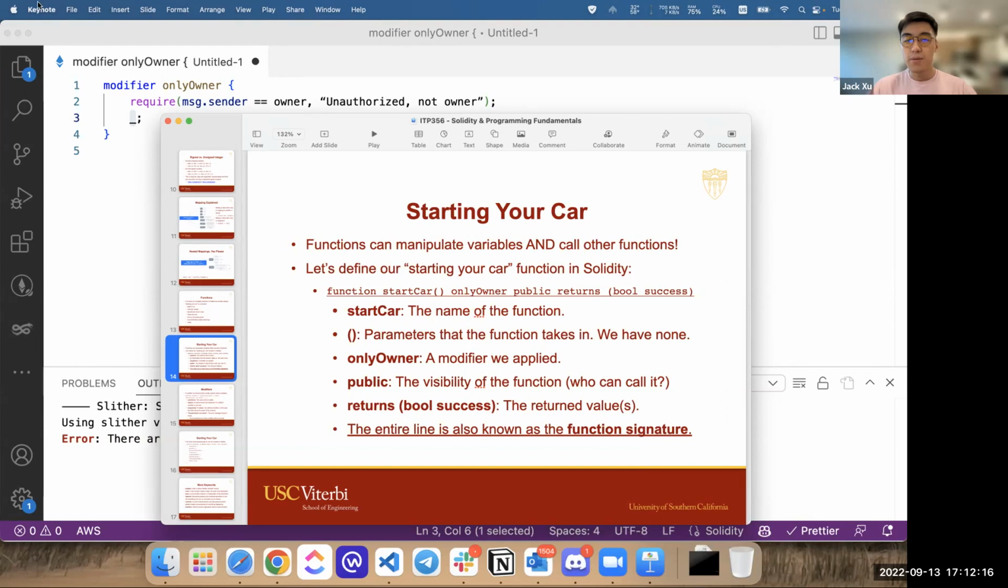So public is more or less about visibility, basically who can see it to begin with. If you have it as internal or private, then no human will ever be able to call it because they can't see it to begin with. They're not allowed to call it. So first you have to allow people to call it, and then you have to worry about only letting the right people in.